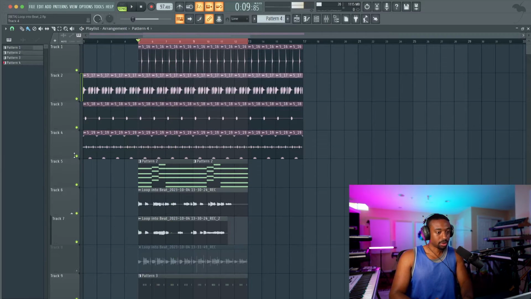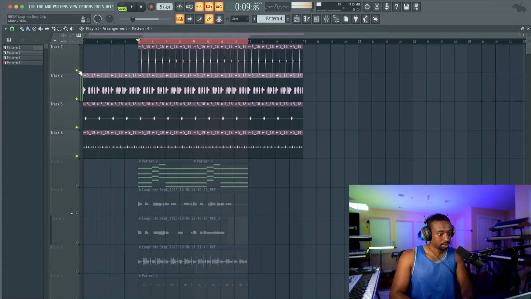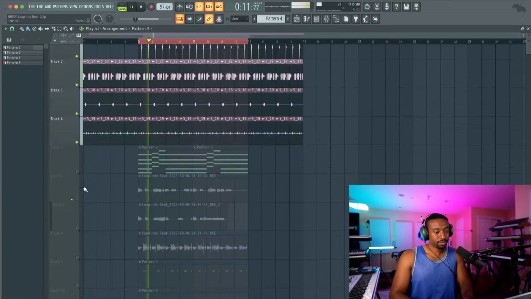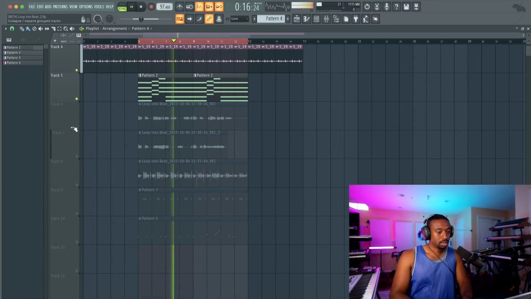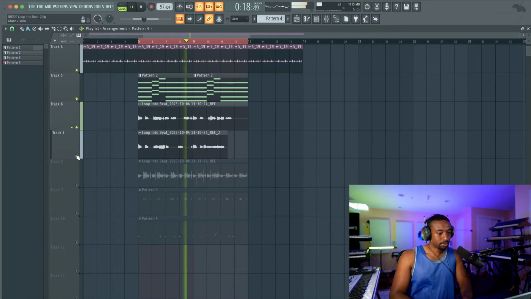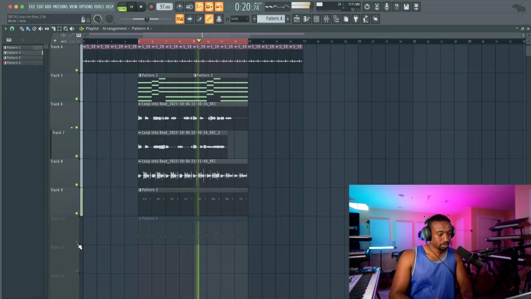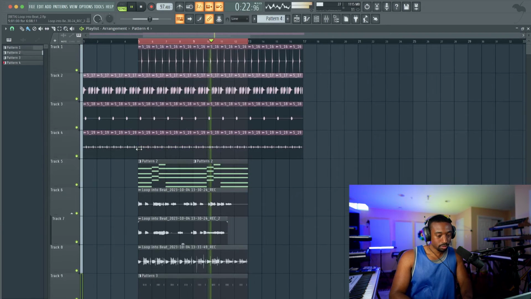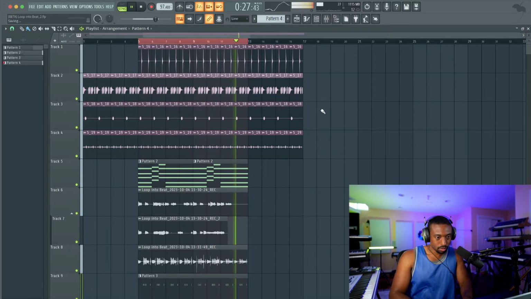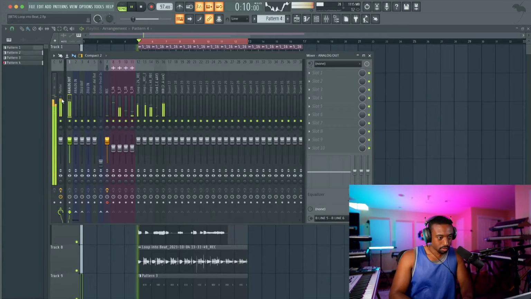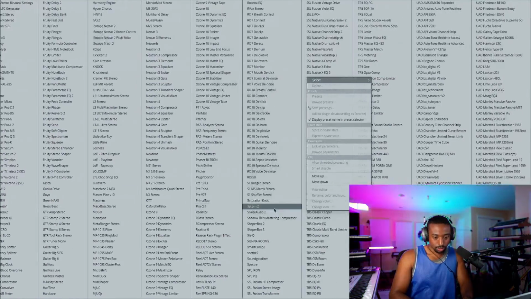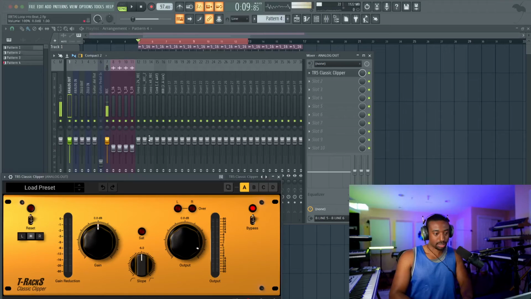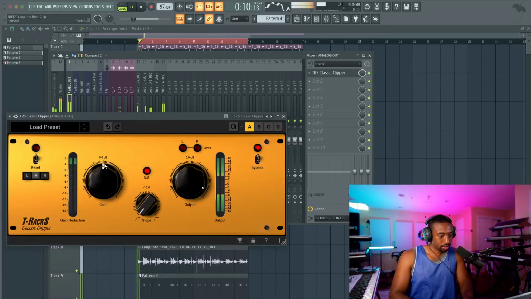Now remember, this is where we started, just for those who may have skipped ahead. This is where we started. A simple idea from the iPhone. Let's start adding in some tracks. Now what I'm going to start doing, because I don't want to smash my limiter, we're going to add a soft clipper, only because I don't want my sound clipping into the limiter.